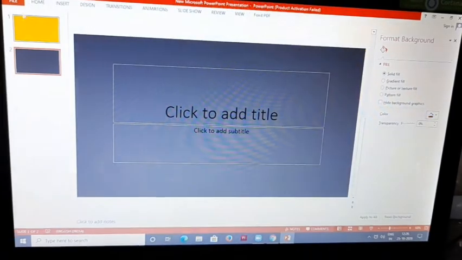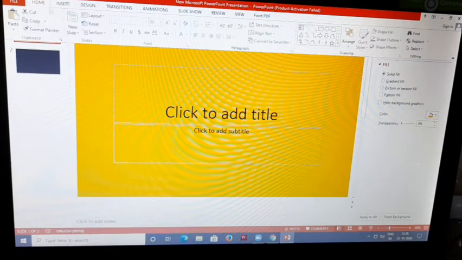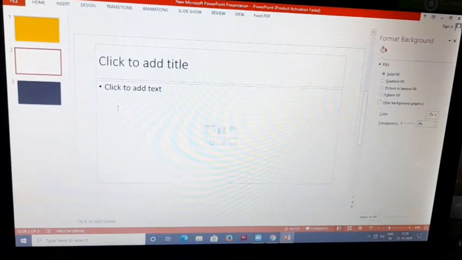After that I have to insert a picture. So I'm going to Home and New Slide. See, there is an option for Title and Content, an option for Two Content, and an option for Comparison. So we can choose any one to insert the picture. Suppose I'm going to insert one. Can you see there are many options here? The first option is Insert Table, the second is Insert Chart, the third is Insert a SmartArt Graphic, and then Pictures, Online Pictures, and Insert Video. So we can insert any by clicking here.